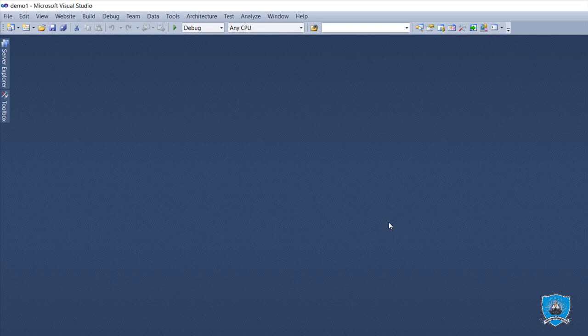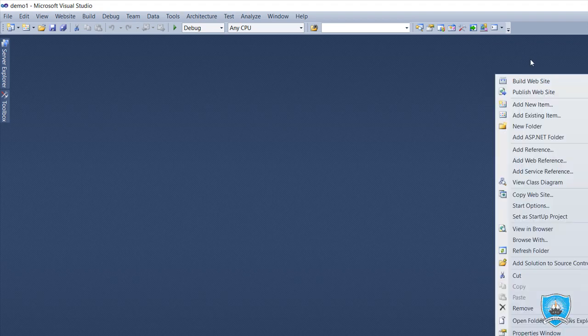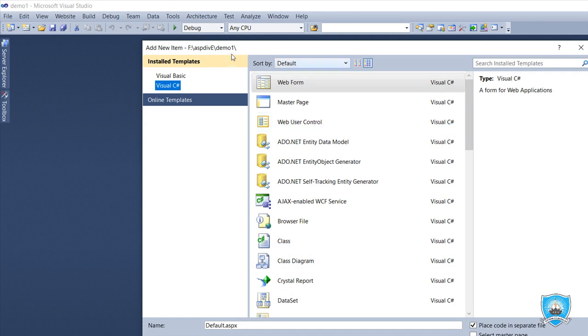I already discussed in that Word file that the web.config file is available by default, and here we will go for add. First we right click on the project, add new item, and this is my web form. The name is default.aspx.